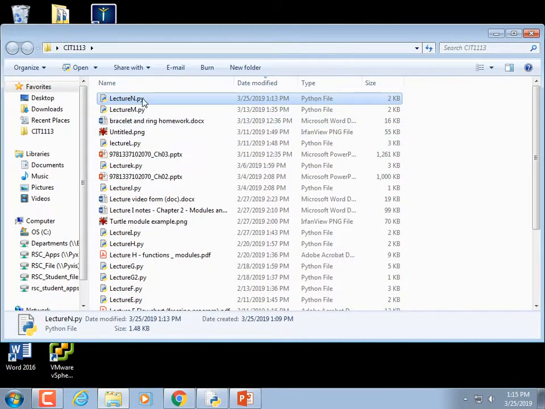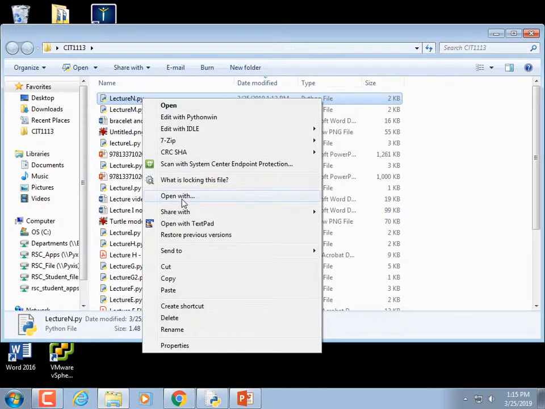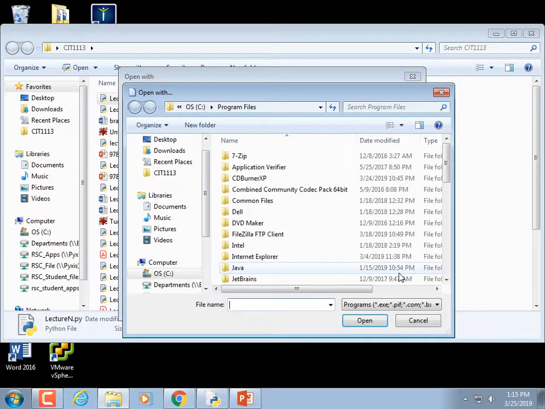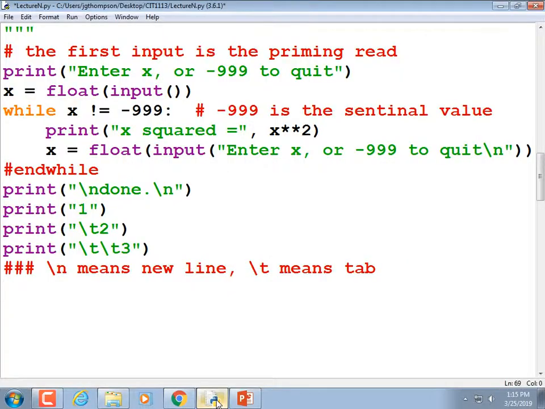But I want it to open in idle, so I'm going to right click on my py file, do open with, and where it says other programs, I'm going to click on that. Well, I'm going to click browse, and then I have to go find the idle file. And that's a little bit more of a pain than it ought to be. I'll leave that as an exercise for the viewer. I'll show you how you could do it, but I would have to quit this app and then come back to it.